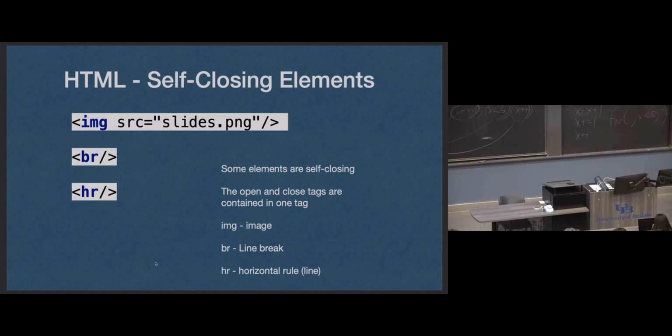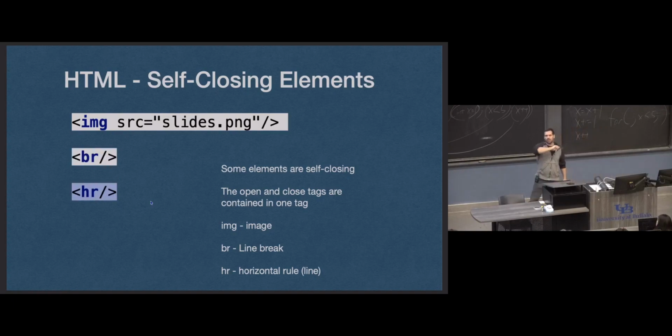These are tags where you don't need an open tag and a closing tag. It's just one element defined by one tag. So for example, an image: it doesn't make sense to say, here's the start of my image, here's the end of my image. You just say, here's my image. So it's a single tag for an image. Same with BR, which is a line break. If we want new line characters in our HTML, a BR tag gives us a BR element, which is a line break. And HR, one of my favorites, for whatever reason, I just kind of like them,